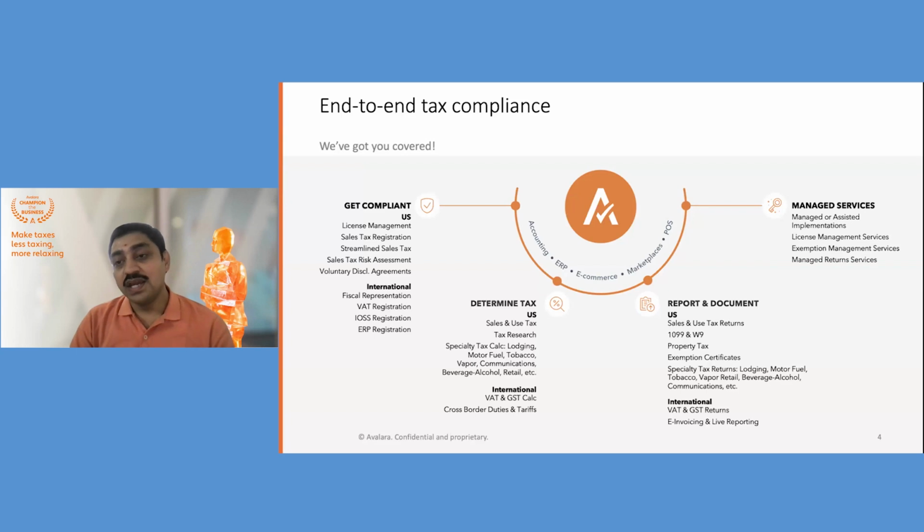And finally, if you have physical presence and you have properties and you are dealing with specific lines of business, could be energy, could be petroleum products, or lodging, someone like the hotel industry, which has its own properties. So there are various types of tax obligations that would trigger. And Avalara is a one-stop solution to all of your global indirect tax needs